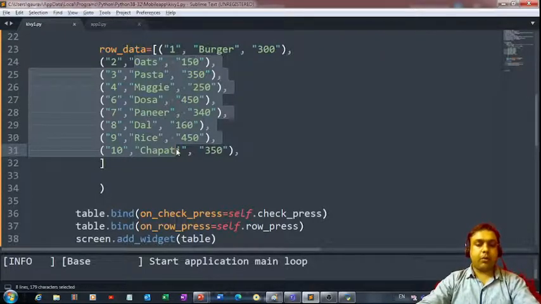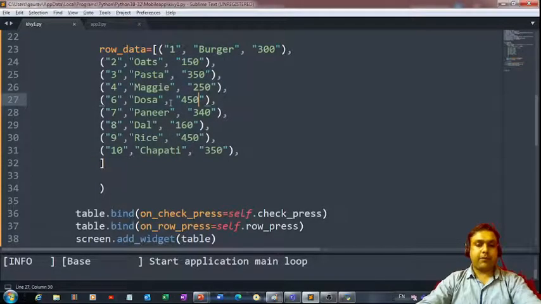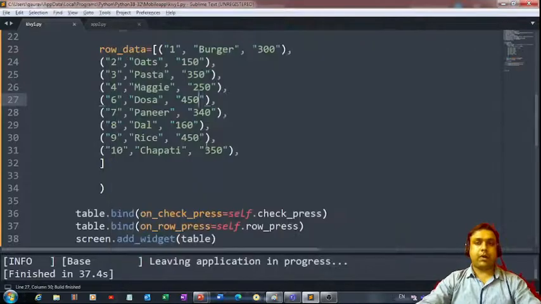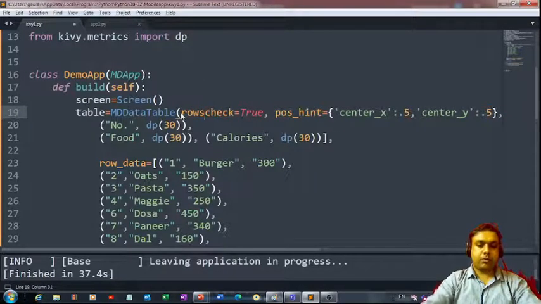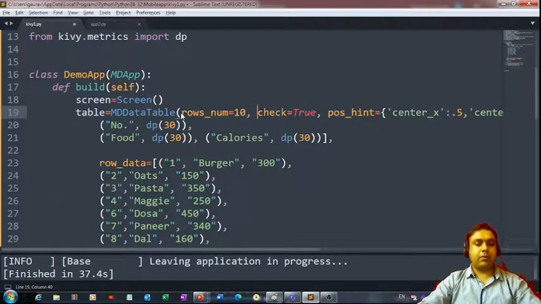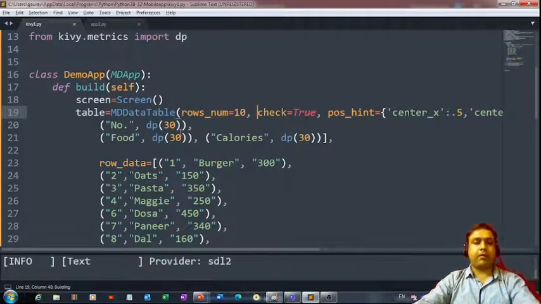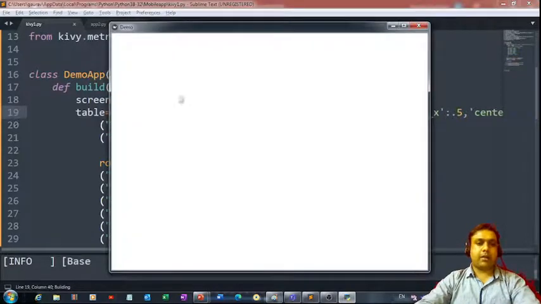Now, if you want to see the other 4 rows, you'll have to define an attribute here, right? In this code, you'll have to define an attribute. And what is the name of that attribute you can use for getting the other 4 rows also? So you can come up over here and simply use this rows underscore num. So row number. I would like to see the first 10 rows. Let me save the changes. And now if I run the code, this is what I am going to get.